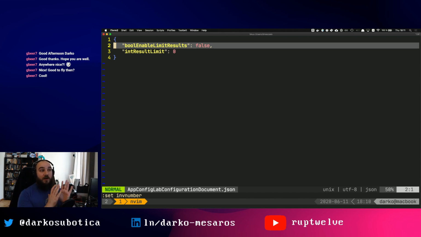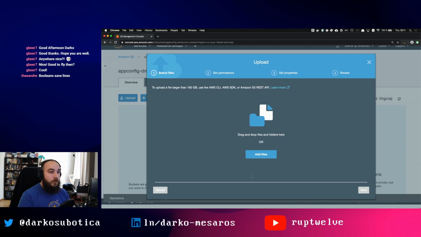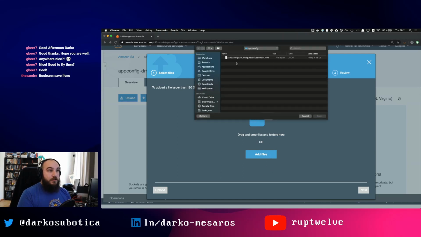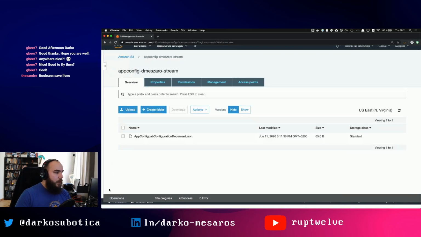So this is very important if you do things like this. Booleans save lives, absolutely. So create a boolean like this to limit any potential problems you may have, right? So I will leave it as such. Excellent. So I have this file, and I'm going to upload it to S3. So upload, add files. Add this file. Click upload, and I should be good, right? So once this is done,